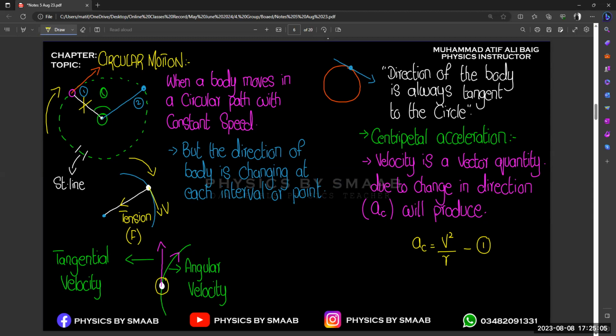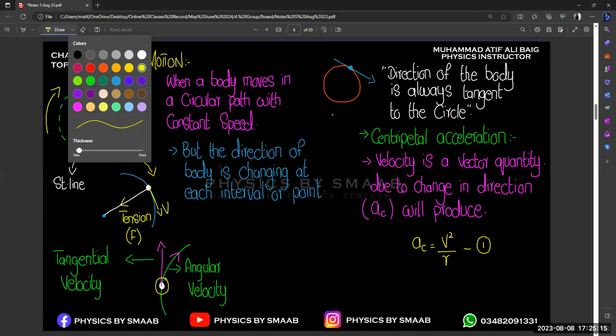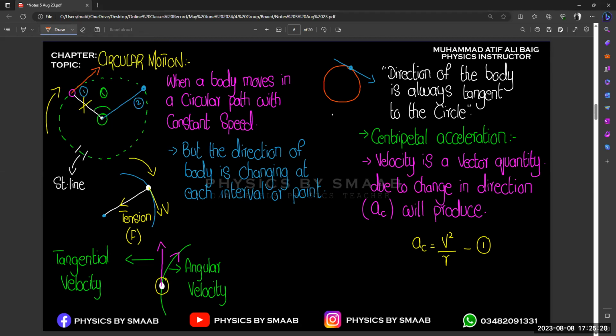Okay, sir, what is R in the formula? Yes, the radius, or the length of the string. That is the important thing that we need to discuss over here, because in your exams they ask you about that. Let's suppose if you want to increase your centripetal acceleration, so we need to decrease the radius, right? Decrease. Yes, because it is inversely proportional. So we can say that